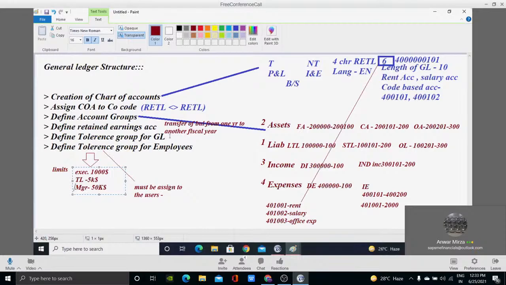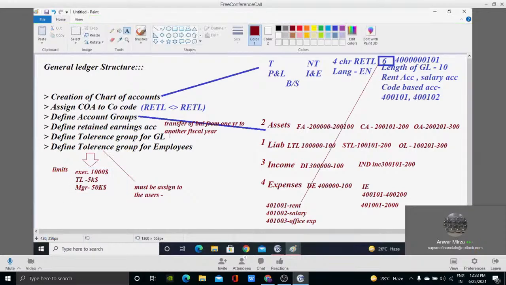See, setting up tolerances at DL is okay, having an option to set it, but don't set this. Why? Because if you set 10,000, then what happens? That will be a problem. Sometimes 10,000 55 paisa, 10,000 25 paisa. Because of that 25 paisa, the system will not accept this transaction. So that's the reason. If still your client is insisting you to keep these limits, how to keep that, when it comes into picture, I'll let you know on Monday.